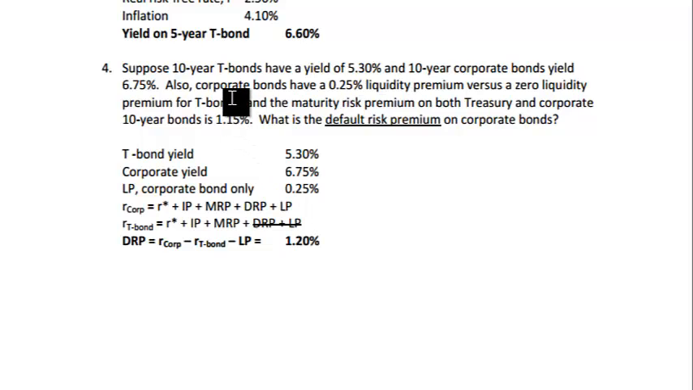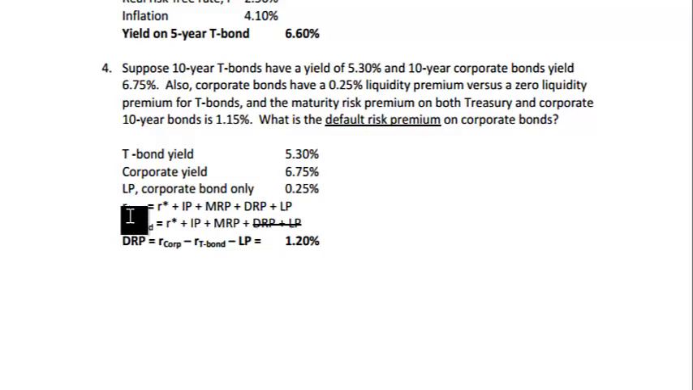Let's continue with the problem. Also, corporate bonds have a 0.25% liquidity premium. As I suggested, the liquidity premium is usually excluded from a treasury security. And then the maturity risk premium on both securities is 1.15. So if we go down to the solution again, we've got the treasury bond yield of 5.3, the corporate bond yield of 6.75. When we set the corporate bond equal to 6.75 and the treasury bond equal to 5.3, we